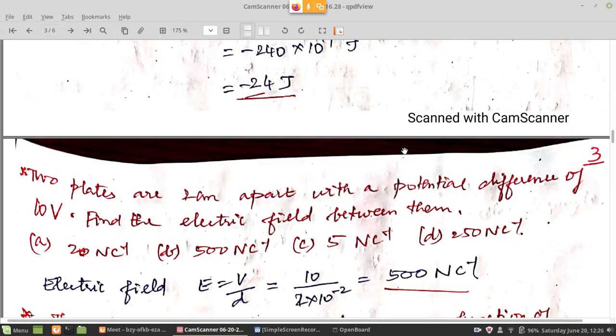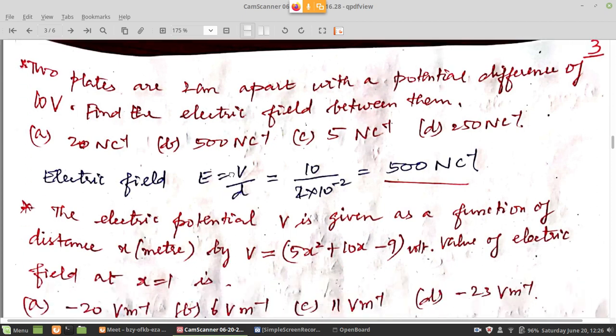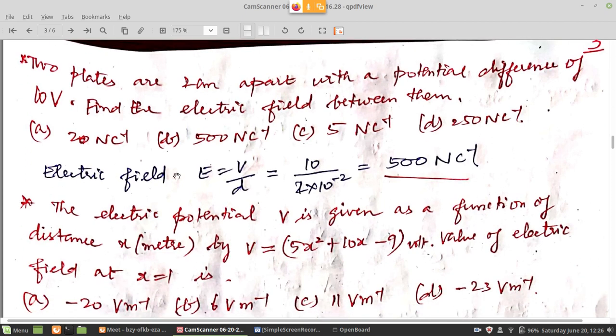It's a simple one connecting potential and the electric field. Right. Next question, you please work it out. It is also on the same principle only, but here the difference is the potential is given as a function. That is V is equal to 5x squared plus 10x. So you can do this based on whatever we discussed. Even in the two problems back we have discussed this relationship. Use that relationship and please calculate the electric field and tell me the answer. They are specifically asking electric field at a point. The point is x is equal to 1.